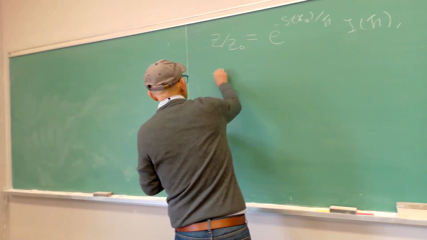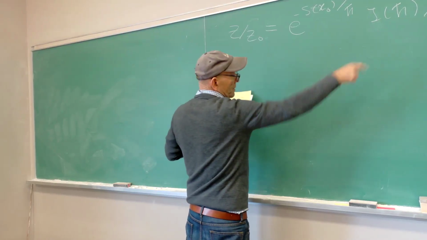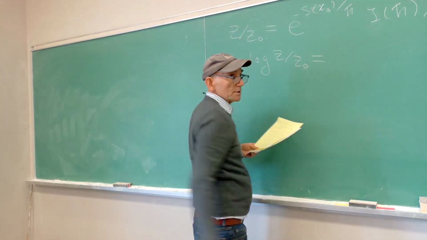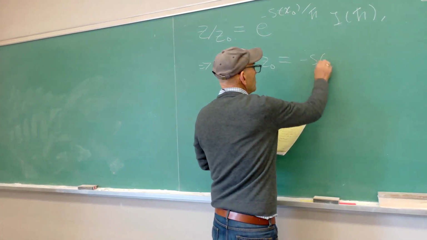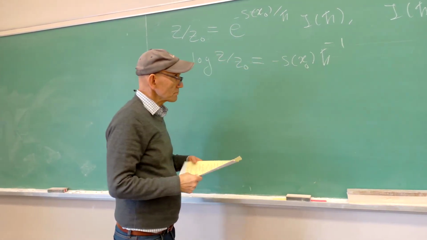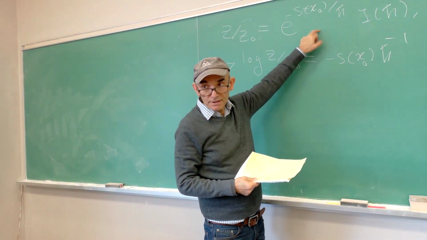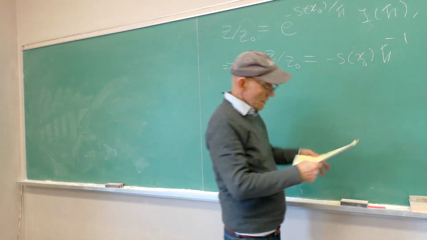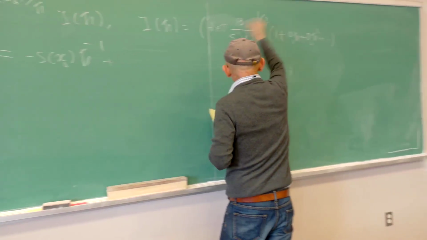So from here, you get that log of z over z0. If you take log of this, you have to take log of the right hand side. So the log of z over z0 is equal to minus s of x0 over h bar minus 1. This comes from here because the log of the product is the sum of the logs, and then you get this part, the 3 contribution, and then the second part is plus 1/2, and this 1/2 log comes down, so it's 1/2